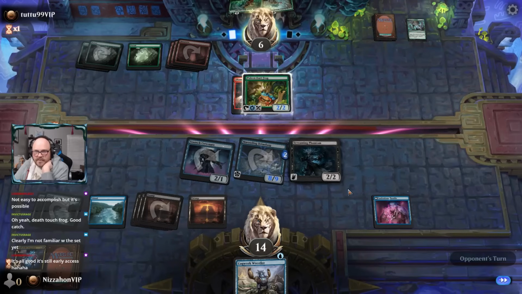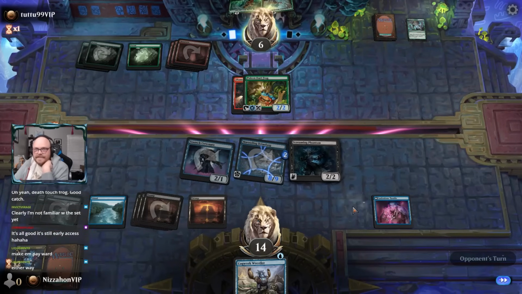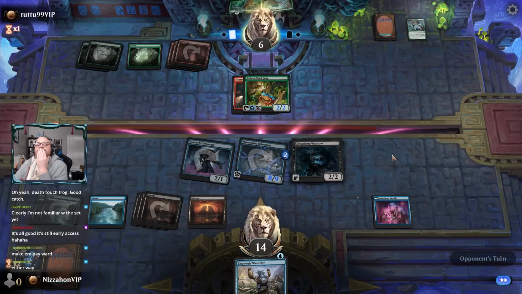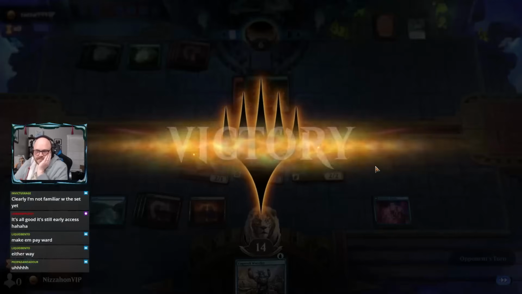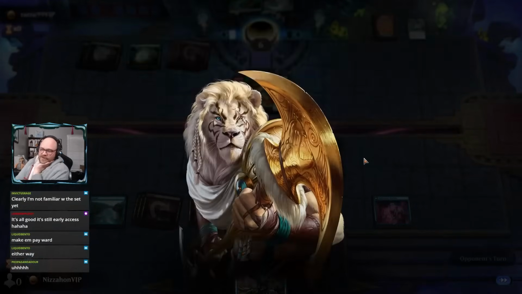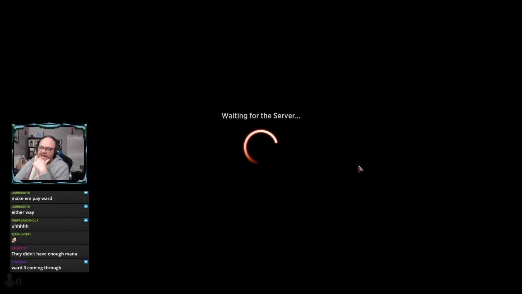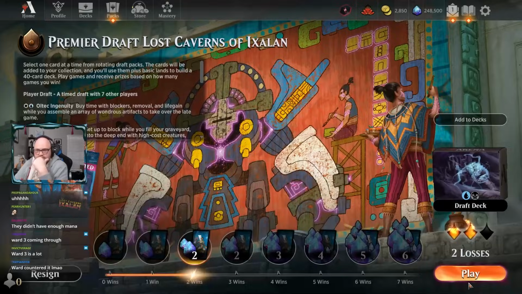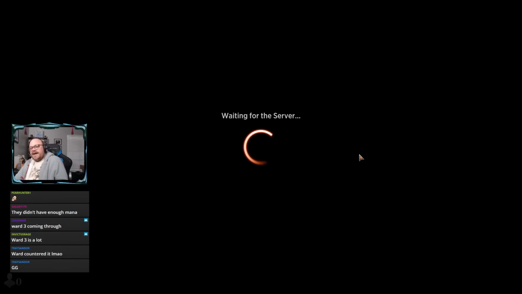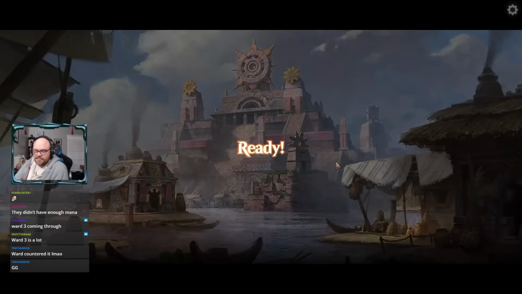Oh, but they didn't pay the ward. Whoops. Whoopsies. Yeah, that was a mistake. So, we're 2-0 when we don't get Chupacabras. It's kind of funny. They didn't have enough mana. The ward was too high. The ward was such a high tax. Even if that had resolved, I could have basically still killed them on the next turn. It would have been close, I guess, but...